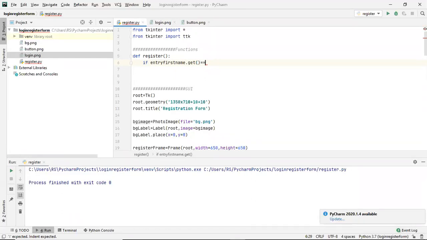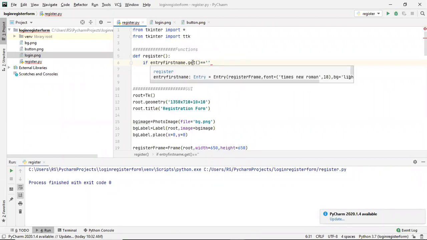I'll check it with a null value. If there is nothing written inside that particular entry field, you'll get a null value. So I'll simply compare whether whatever is returned by get is equal to null or not.